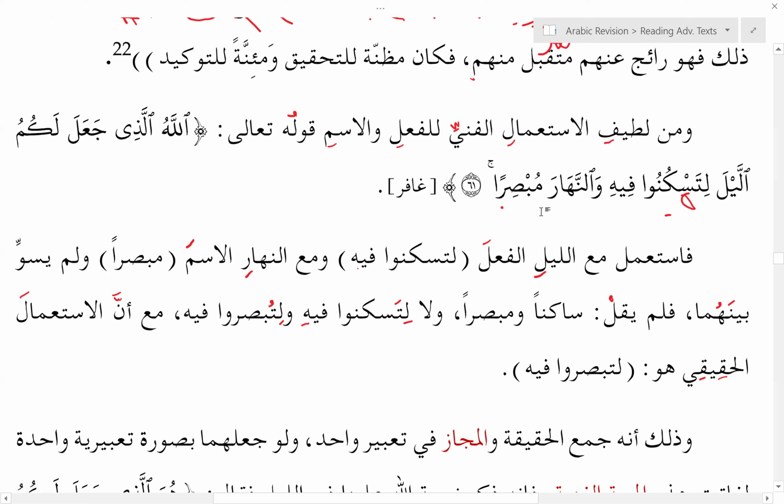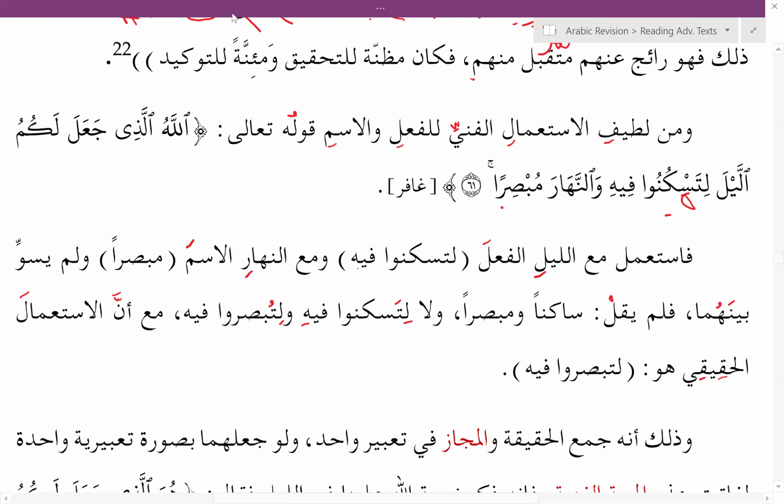I was thinking this one. How did you get it? It is for the مبصرا. Okay, basara. Yes, correct. Okay, you got it. All right. Yeah, because if you change مبصرا to جملة فعلية, you will get لتبصروا. Yeah. My bad. I didn't see it that way. Okay. Yeah, it's fine.